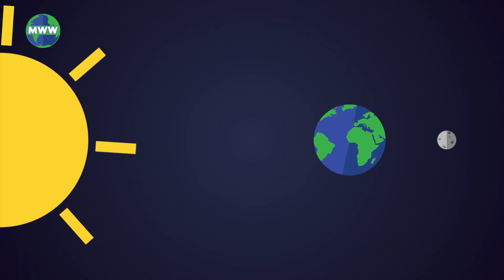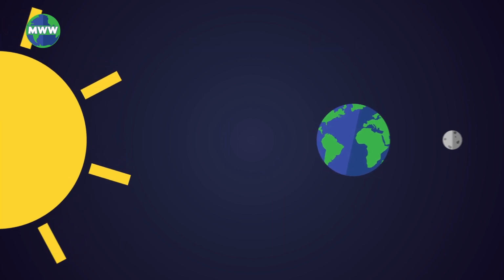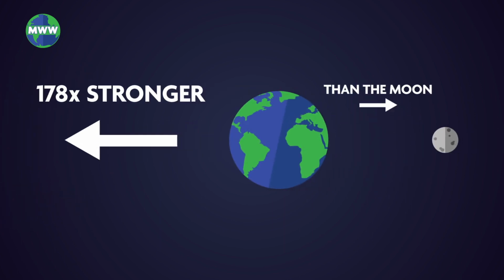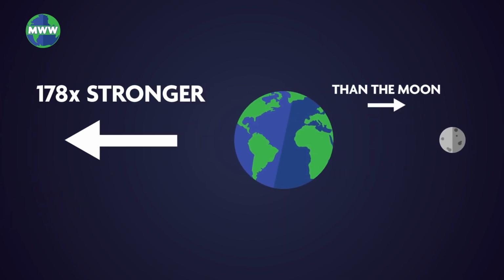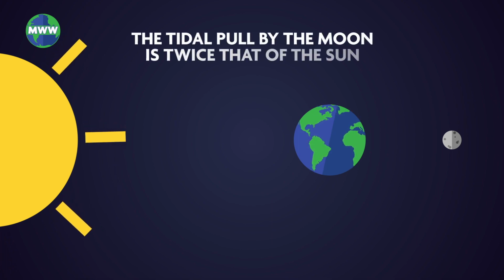Tides result from the pull of gravity between the Earth and Moon, between the Earth and the Sun, and the Earth alone. The gravitational pull of the Sun is 178 times stronger than the pull of the Moon on the Earth. But since the Moon is closer to the Earth, the tidal pull by the Moon is over twice that